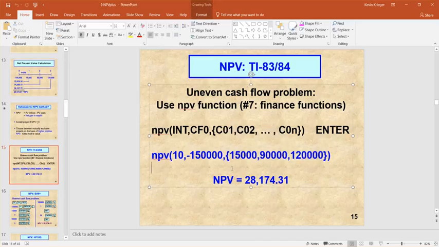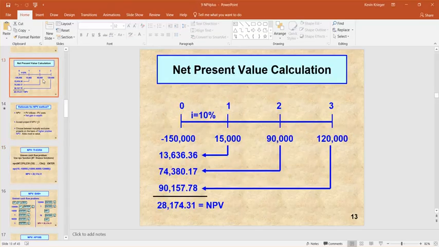But your NPV in this project is 28,174.31. That doesn't surprise me that this NPV is a good one, and this is then a product you would accept, because when you're looking at this kind of setup, and you'll get better at this the more you practice, this thing returns $225,000 within just 3 years.